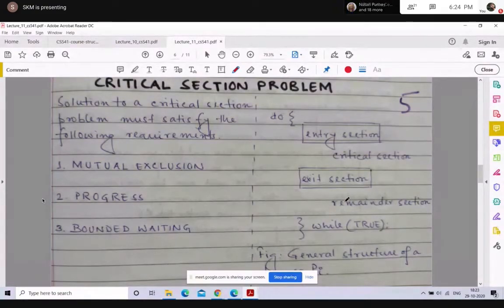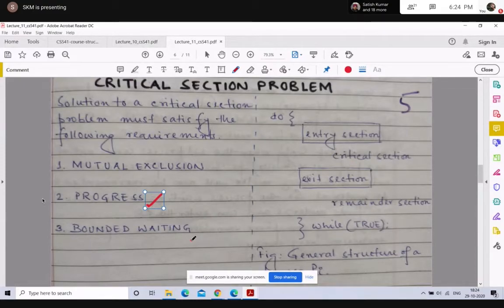So the first criterion of a solution to the critical section problem is mutual exclusion. There are other requirements also. The second requirement is called progress, and the third requirement is known as bounded waiting. So what is mutual exclusion?